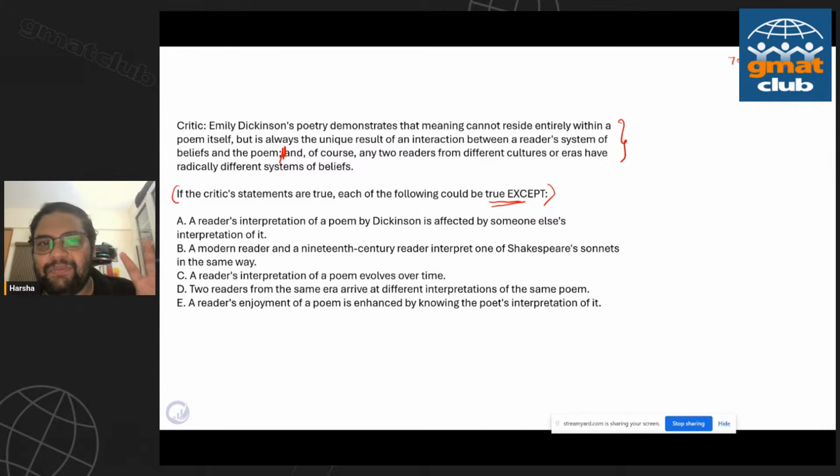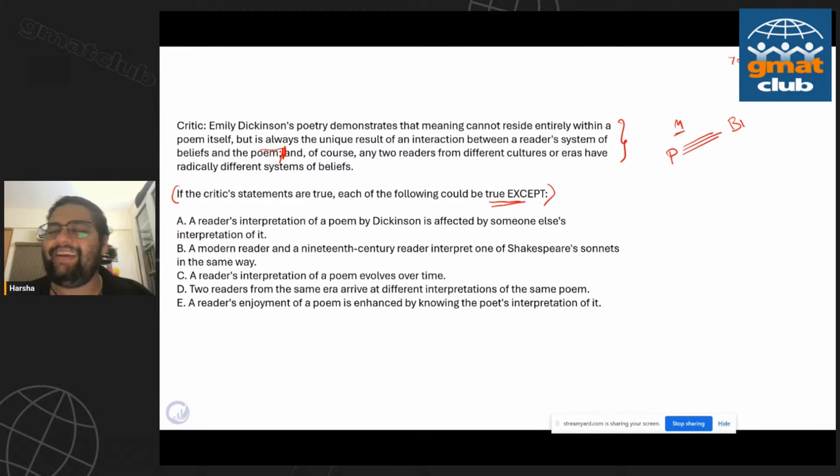So Emily Dickinson's poetry demonstrates that the meaning of a poem does not reside entirely within the poem. In other words, meaning transcends the poem. What is the author trying to say? The meaning of a poem is the unique result of an interaction between the poem itself and an individual person's